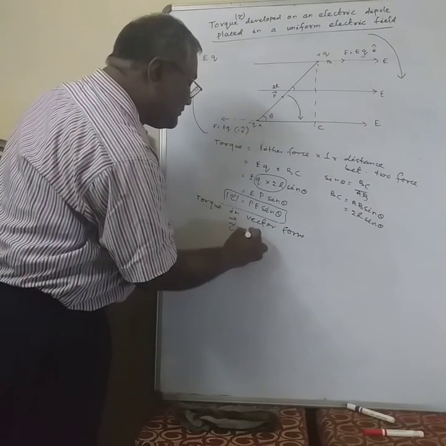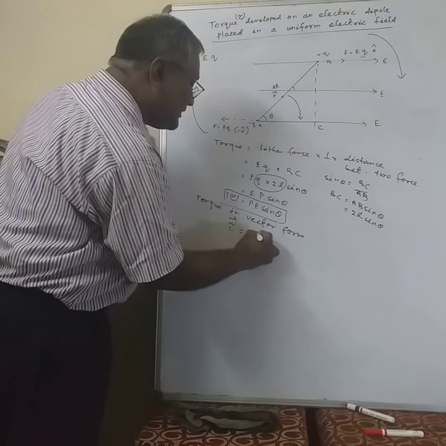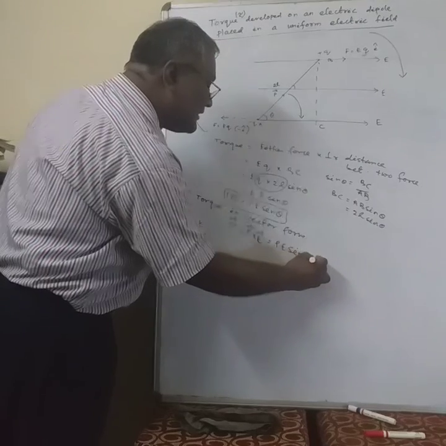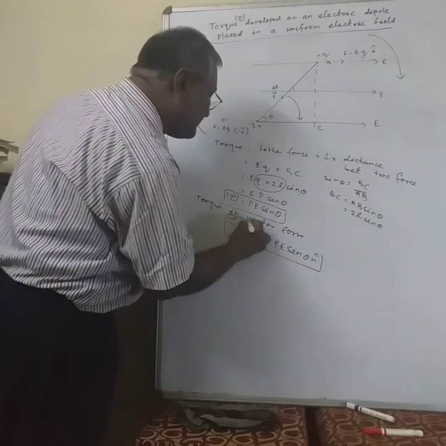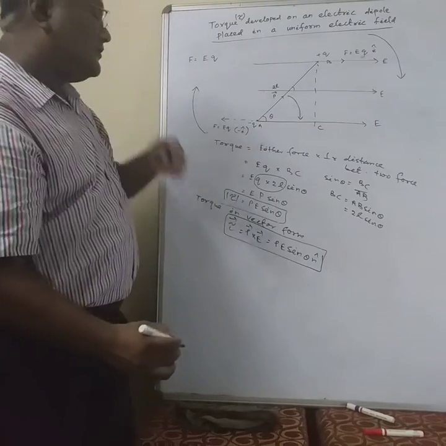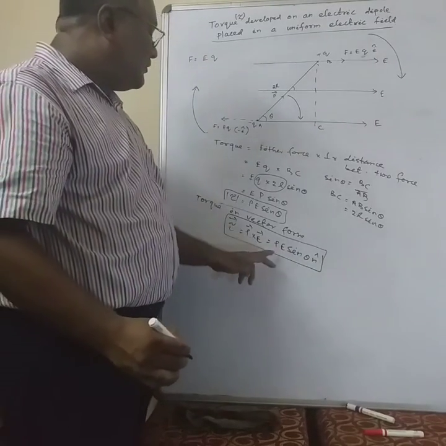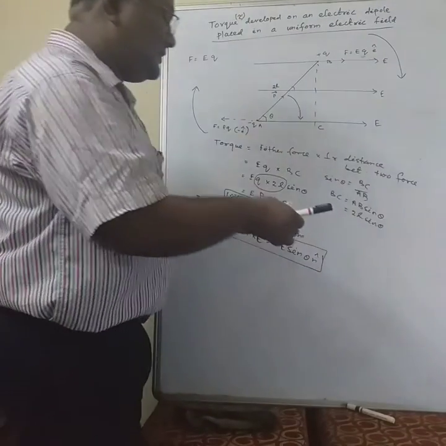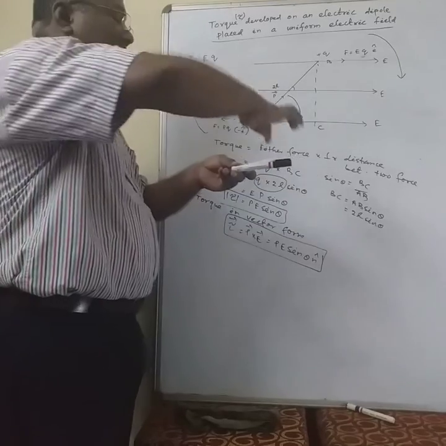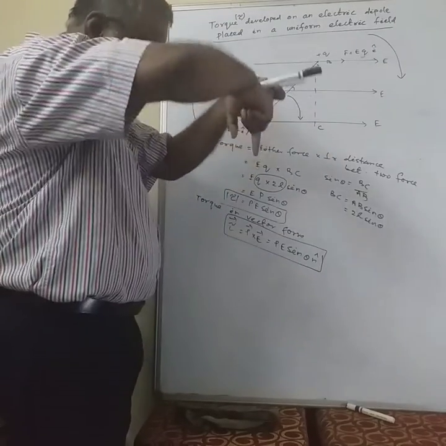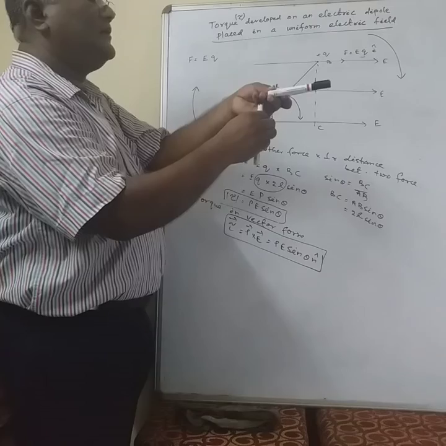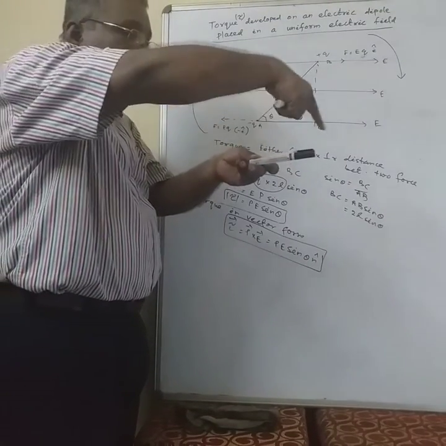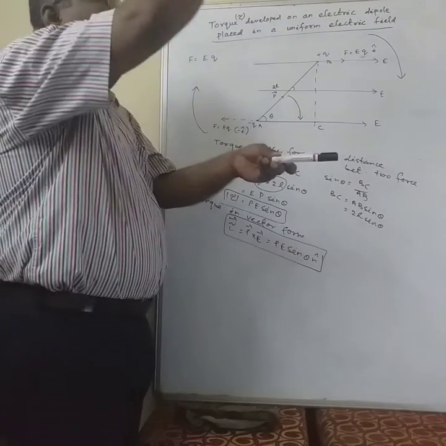Tau is equal to P cross E, that is equal to PE sin theta n cap. What is n cap? Unit normal vector which is perpendicular to the plane containing P and E vector. Suppose this is P, this one is E, the sense is clockwise, the direction will be inward normal like this. This is n cap. Suppose this one is P vector, this is E vector, sense is anti-clockwise, the direction of torque will be outward normal.